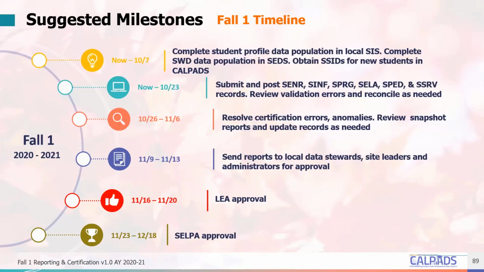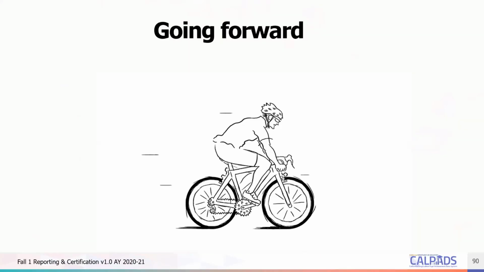They're quarantining, eating a big turkey dinner at Thanksgiving, and then they come back and they have enough time to review the reports. What we omitted here was there's always the amendment window, but just to meet the fall 1 deadline, SELPA approval is needed by 12/18. And so going forward,